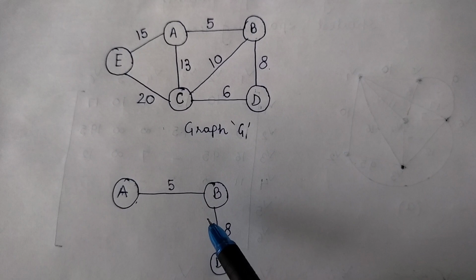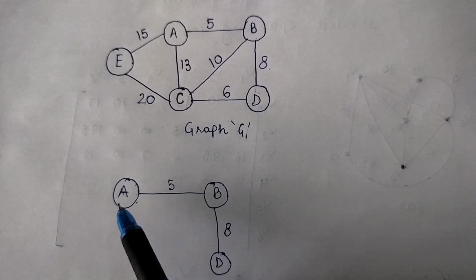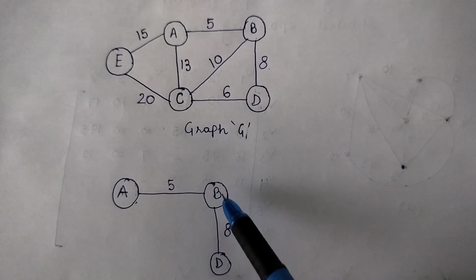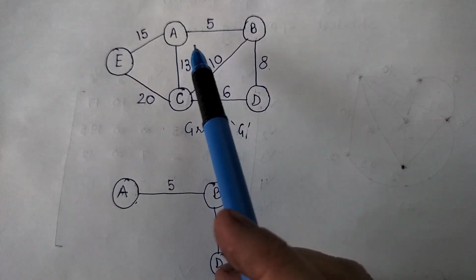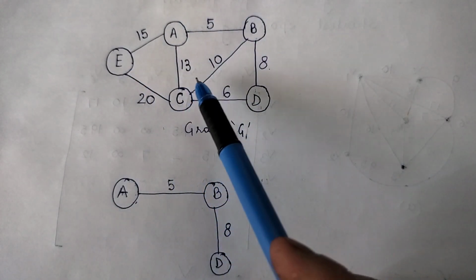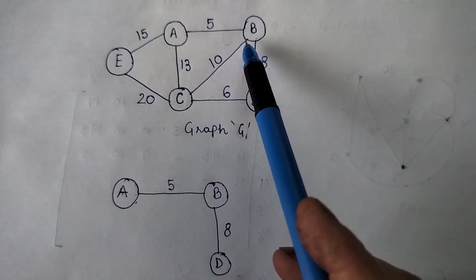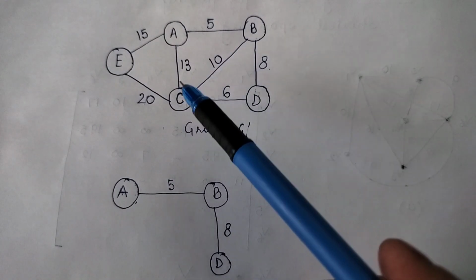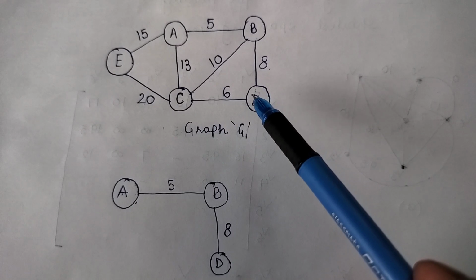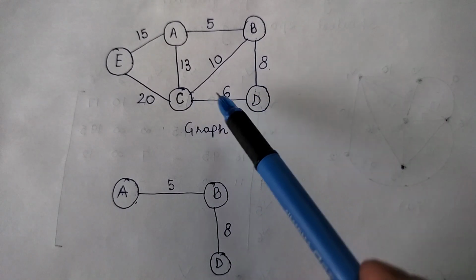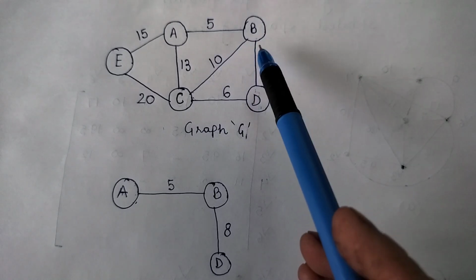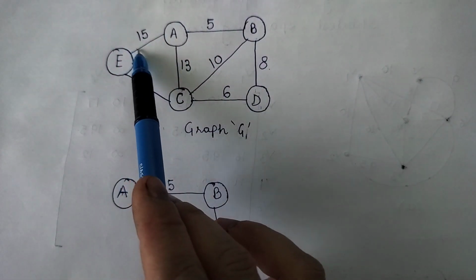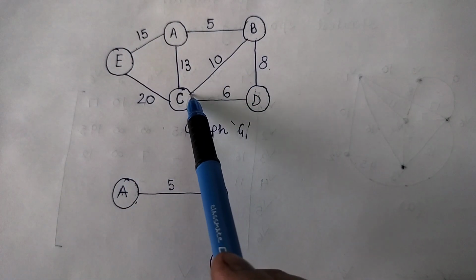Now I have 3 vertices in the picture, so I will consider all those vertices which have not been visited till now and which are directly connected to vertices A, B and D. So again, the vertices which are directly connected to A are E and C. Vertices which are directly connected to B are C. D has already been visited, so I will not consider D. And the vertices which are directly connected to D are C. The same vertex B has already been visited, so I will not consider B again. So out of all these vertices, that is E, C and again from D, C,